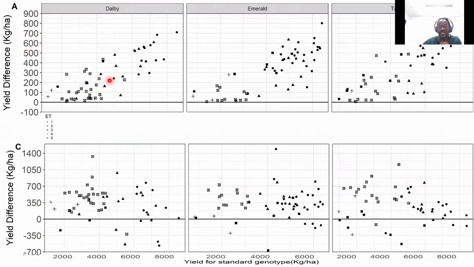And here we can appreciate that when we increase grain filling duration by 10%, the majority of the benefits come from the environment types that are not water limiting. Here, the darker symbols show environments that are not water limiting, and the open symbols show environments that are limited in water,